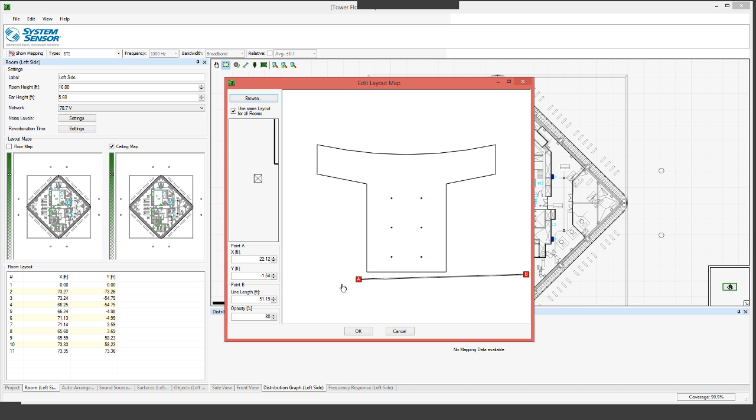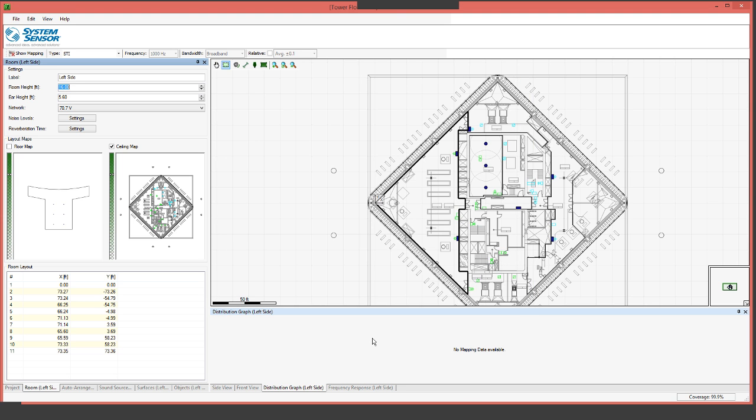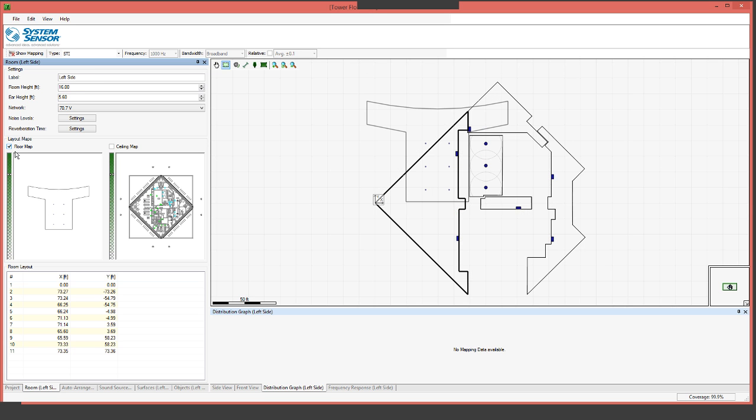If I bring in that image, then what I need to do is scale that drawing. I can do that by dragging these two A and B items here to the corners of the room. And if I then scale that and say that the distance between point A and point B is, say, 50 feet, this will then bring in the drawing and automatically scale it as a background. I'll do that here, bring it in. If I switch between the two, now I see that background drawing in here scaled to be that size. Let's go back to the map that's correct for this drawing